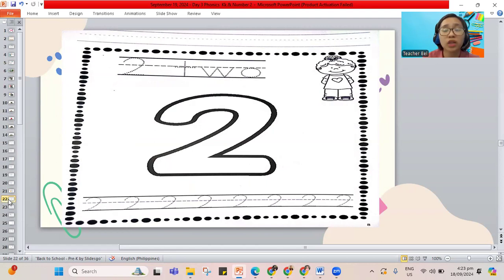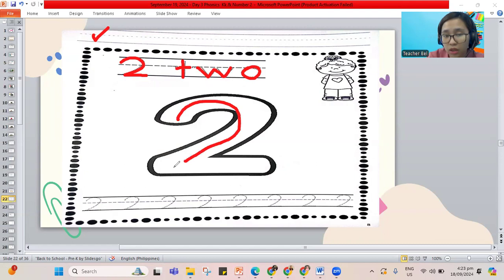So before you had your numbers 0 and 1. After 1, our number friend will be number 2. So here, for your work, you better trace your name first. Trace the number 2 like this, the number 2, and the word two, T-W-O. And you can trace the big number 2. And you can also trace at the bottom for number 2. You can use any marker that you like, but I suggest only one marker, not rainbow, okay?